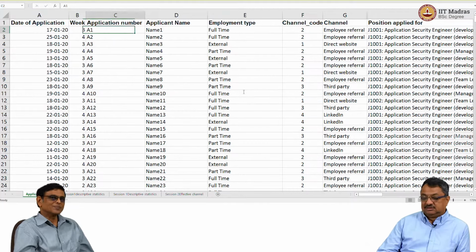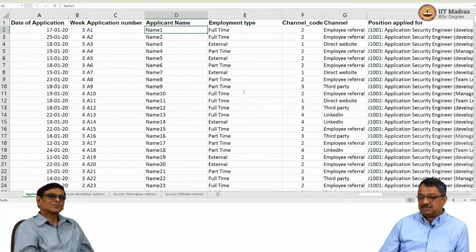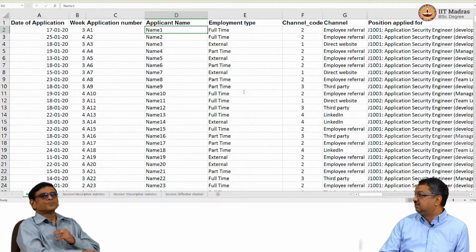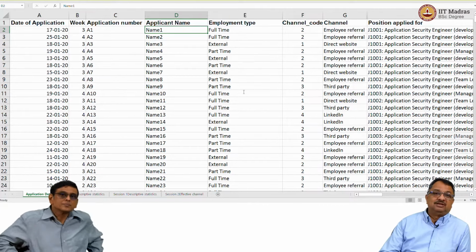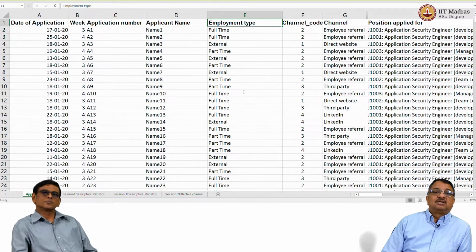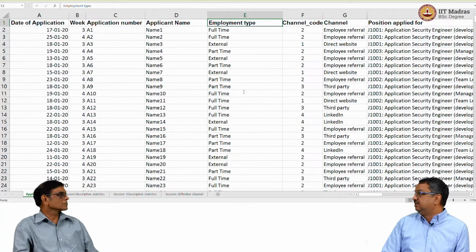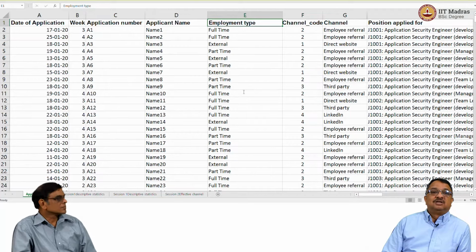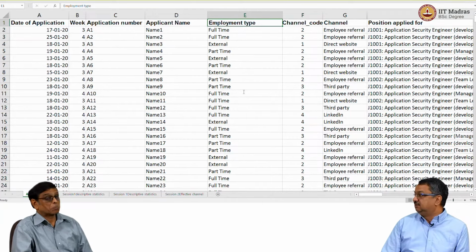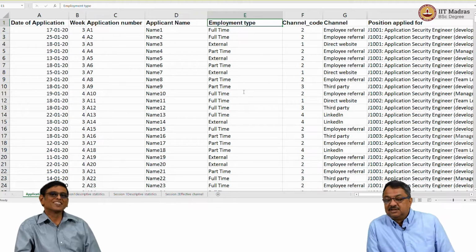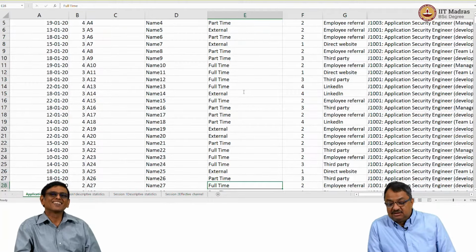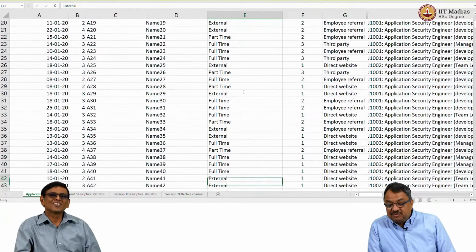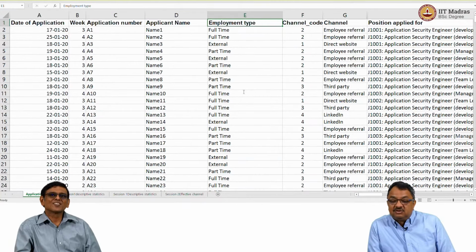We'll see, yeah. Then there's the name of the applicant, and they've anonymized the data by just giving us name 1, name 2, name 3. Then what is the current employment status of this person? Is he full-time employed? Is he working as a contractor? Is he working part-time? Unemployed. Student. I don't think they have put student anywhere, but it doesn't look like any students have applied. Okay.